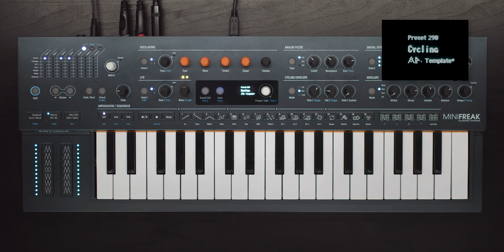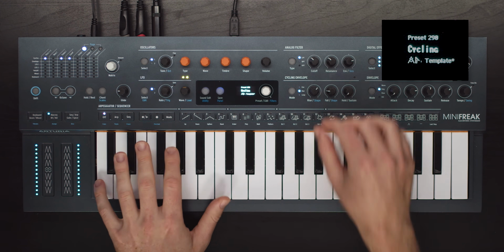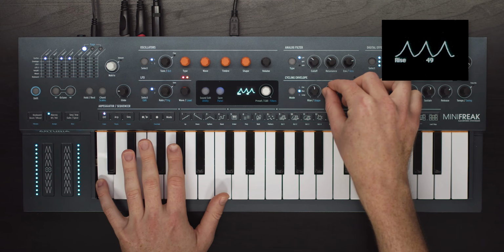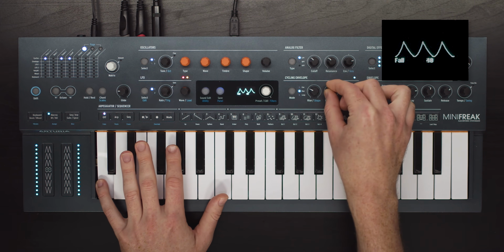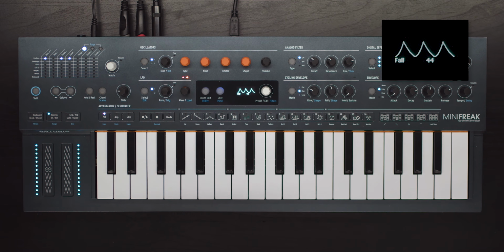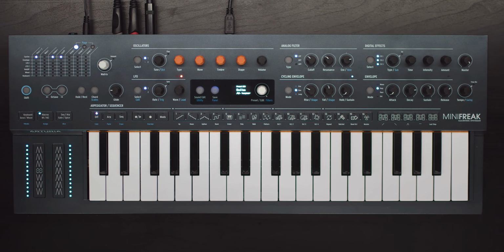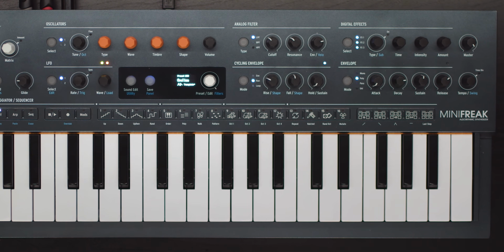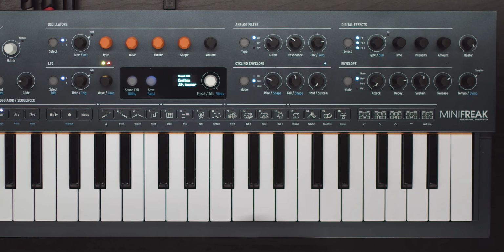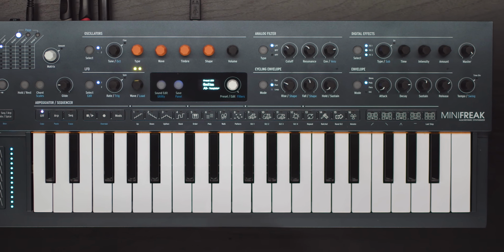Rise and fall control the shape of the envelope or LFO. We can change the shape of these by holding Shift while turning the knobs. Note that in envelope mode, we have the same two options we get in the main ADSR envelope, but in run or loop, we get a continuous curve, so we can create really snappy LFOs with ease.